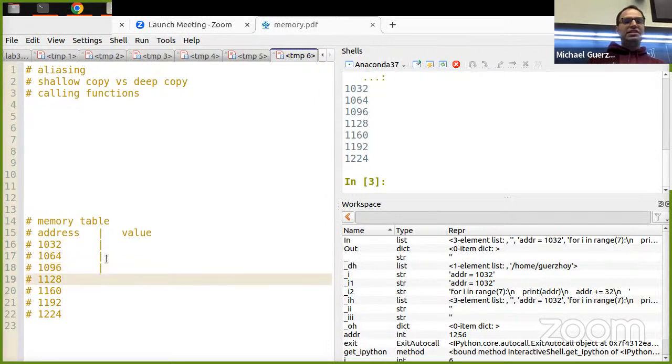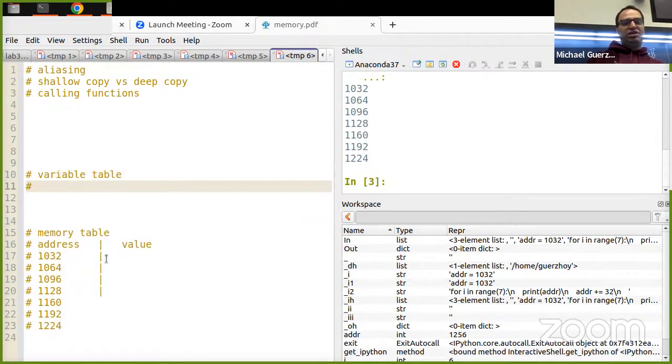So that's going to be like this. And then I also have a variable table. The variable table has the variable name, I guess, and the address that's associated with it.